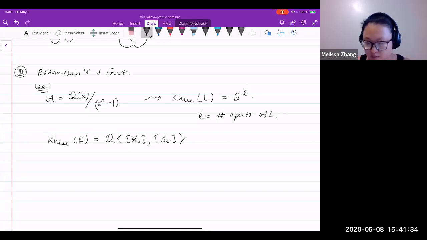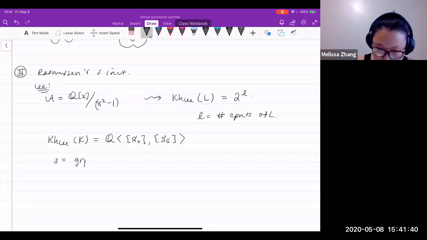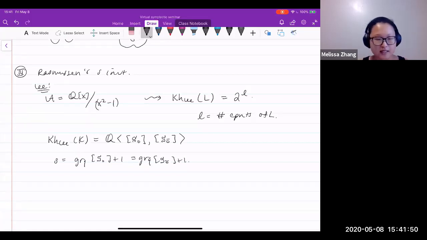And these o and o-bar are just the two orientations of a knot. So s is going to be the quantum grading of either of these guys plus 1. So it's not immediately obvious that these 2 things have the same quantum grading at the end of the day. But roughly the idea is that